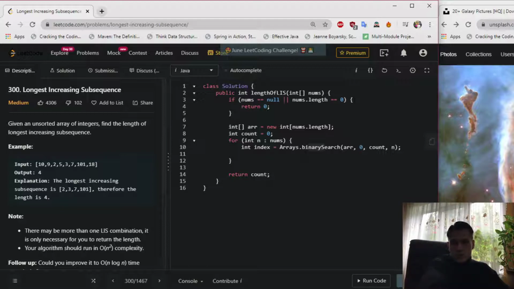The negative position at which that element would be inserted, right? So suppose we got something like 1,